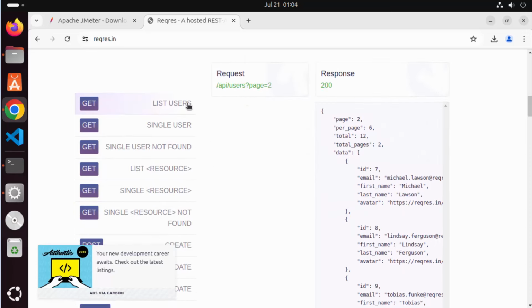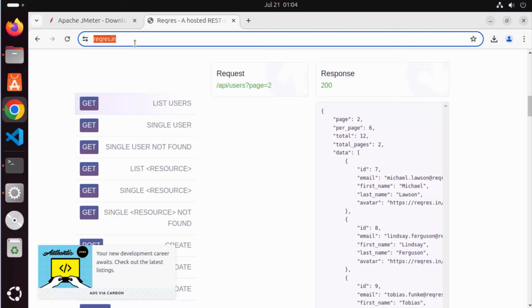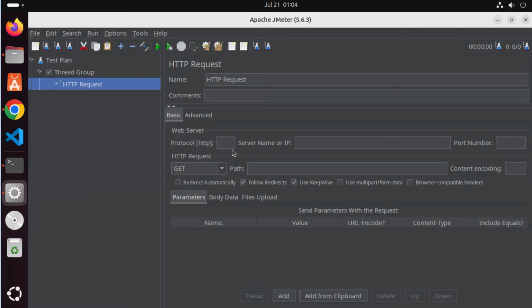So here is the request. We are going to use this very simple GET API to get the list of users, right? So just copy this URL, which is reqres.in, and let's go to our JMeter application.